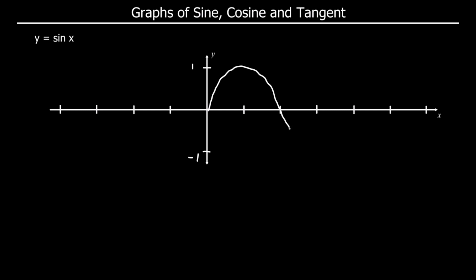That's at 180 degrees. At -1 at 270 degrees. And back to 0 at 360. Now this same graph, this 360 degrees, repeats over and over again. So we're just going to continue that same pattern over and over again. And we can extend it